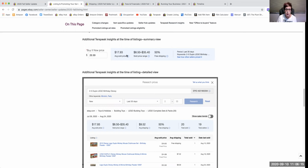That tells you the average sold price, the sold price range, how many are with free shipping, how many are not. And what I think is going to be pretty helpful, this right here. What are the keywords people searched for? That's keywords of sold items that people